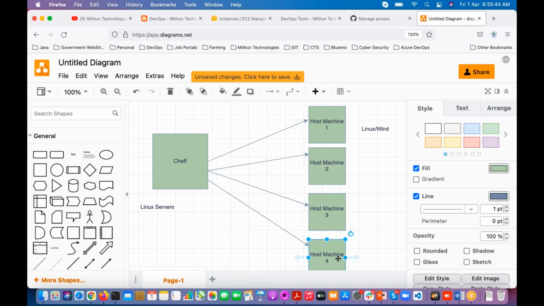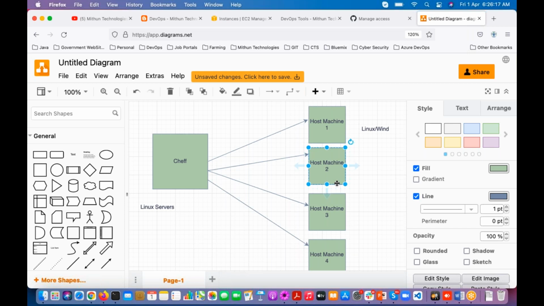Suppose you have 500 servers, first you have to connect to each server and install that agent. Okay, sir, we can install it now. What is the problem? Installing the agent in all the host machines. With the help of this agent only, it is going to communicate with the Chef server. From this host machine, if you want to connect to the Chef server, first you should install that agent here.